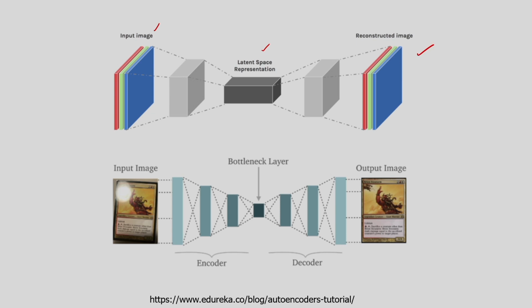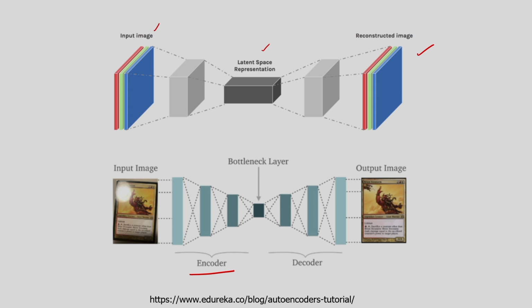In the second figure I am considering one input image, maybe a noisy image, and after this I am considering one autoencoder. This autoencoder compresses the input image, so for this I am considering the encoder. So I am getting the latent space representation. After this, from the compressed data, I can reconstruct the output image. So what is the function of the encoder? That is used for efficient representation of the input data.